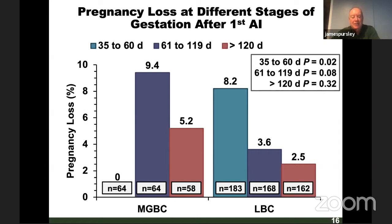And the interesting thing was that the cows that maintained and gained body condition had no losses, actually, in the first period from 35 to 60 days. We hardly ever see that. It kind of made up for itself a little bit in